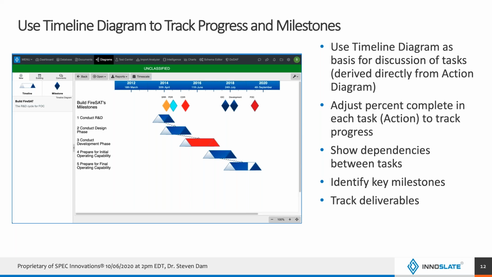I'll capture all my deliverables in it as well, see where I am on my deliverable schedule, and as I deliver things, I'll color the deliverable milestone green. And so that way I can see immediately I've met that requirement, and just in a quick view I can do that. And by the way, I also then take the output of this, put it into a table form